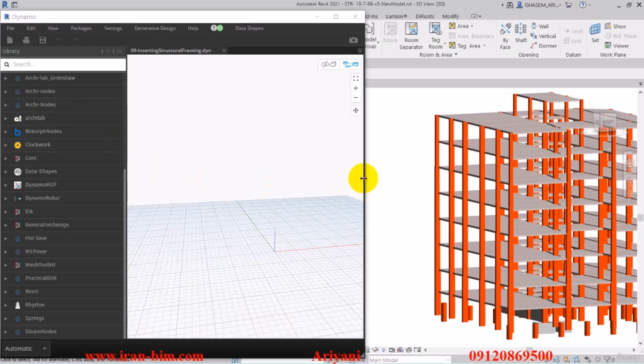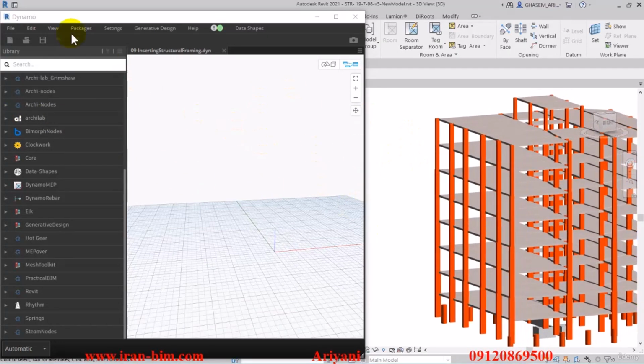Now we will discuss the topic of entering the beams. What I've gone and done is opened up a new file here, and let's say this is the old version. Then open up the Dynamo here and name the new file